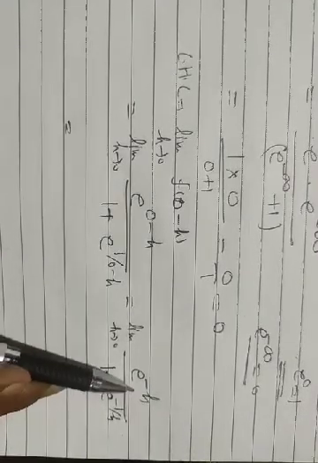Again we are going to find its value there. Then what do we get? When h goes to 0, we get 1 here, because it is 1 upon e to power h, e to power 0 is 1. And with 1 by h tending to infinity, e to power minus infinity tends to 0. Then what do we get? We get here 1.